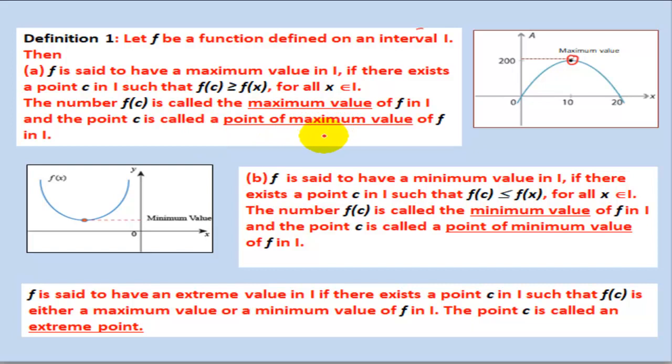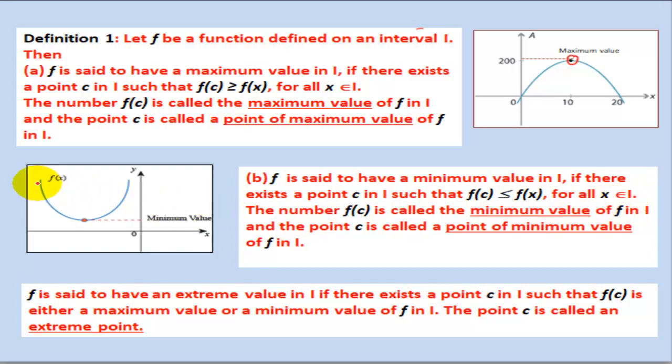In the same manner, if you look at this curve, you can easily see as we are moving from left to right, it was first dropping, it was decreasing, and after this particular point, it started increasing. So just by having a glance at the curve, we are able to say that it is achieving some minimum value. Now the definition says f will be having a minimum value in this interval if again you are able to locate a point c in this interval such that the value of the function at c is less than or equal to f of x for all x belonging to I.